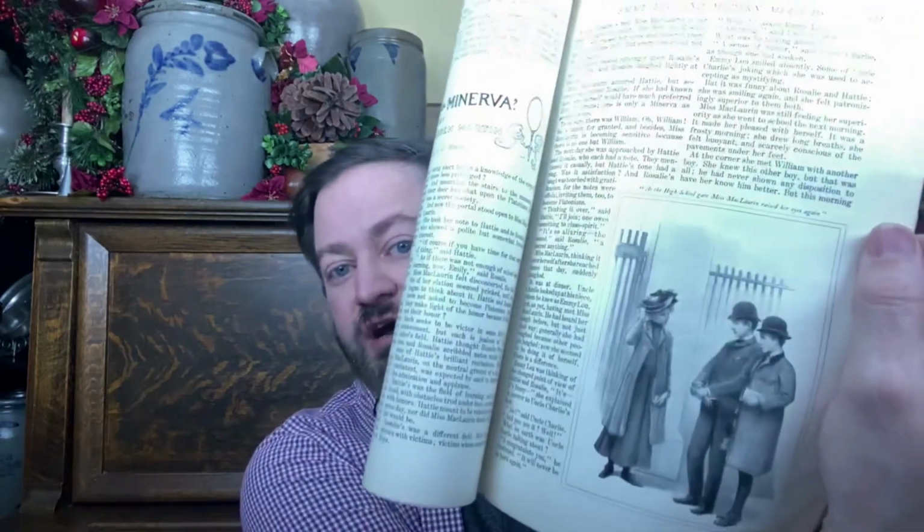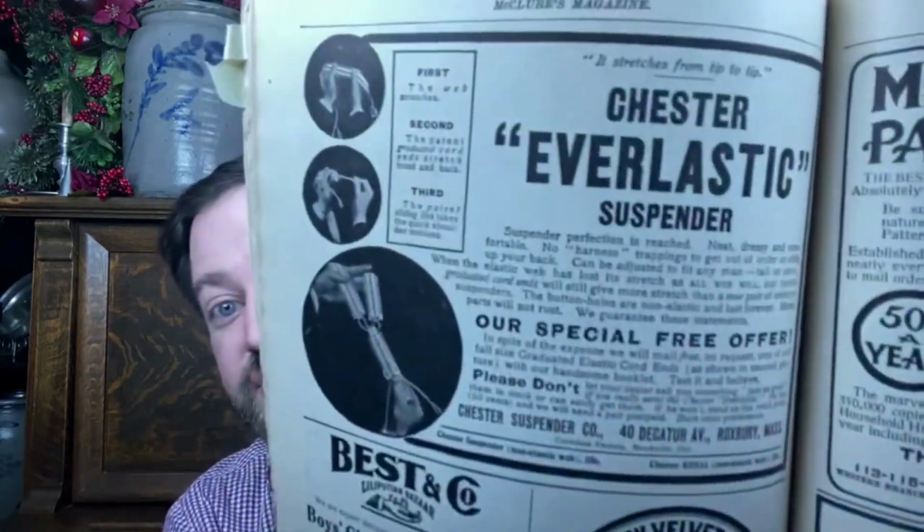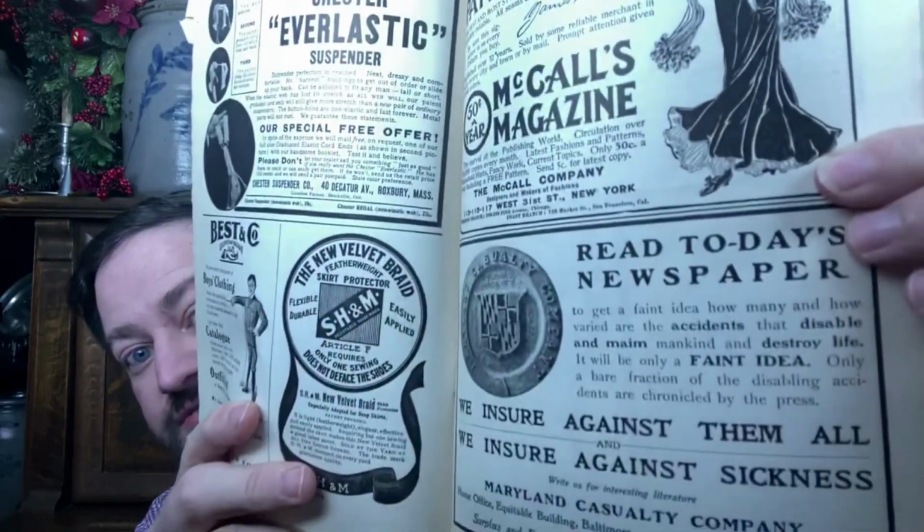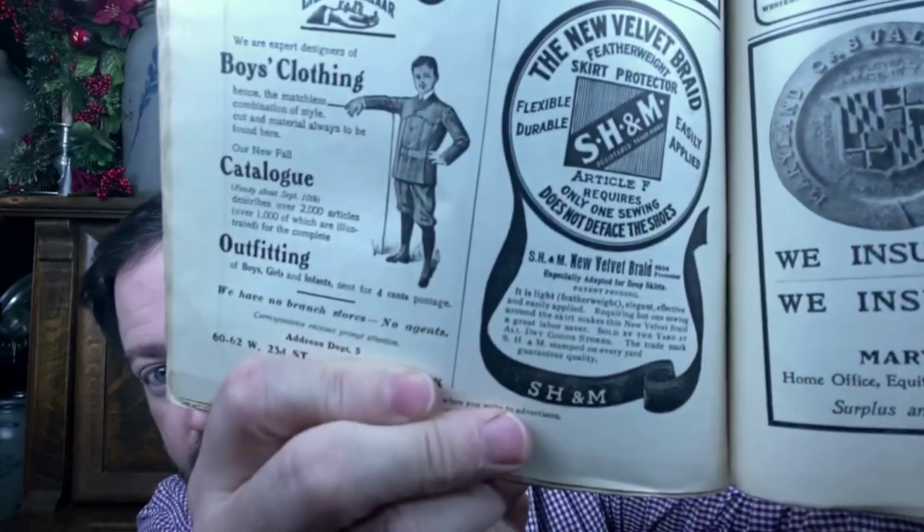There's some smaller artwork that's included, but I think what makes this super attractive for being able to cut up for individual pieces are the ads. So you've got Chester's Everlasting Suspenders, McCall's Magazine clothing patterns. Can't quite see everything. Best and Company. Some of them are smaller, so they would be framed differently. There's a Winchester 33 caliber gun ad with a somewhat frightening bear. Hello. That's available on there. Chocolates, and let's see, this is